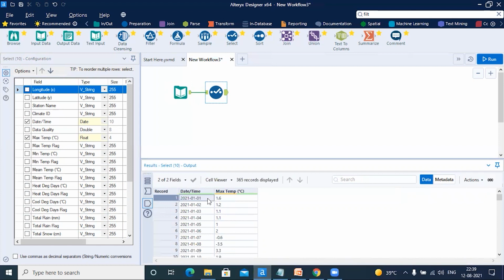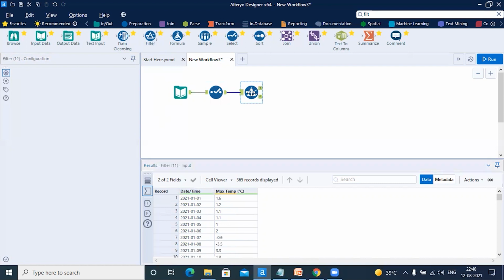So the next step is to filter out the relevant portion of the dates that is being asked in the question. As we have seen, the question is asking us to filter or narrow down the range to April, May and June. So we need to restrict our range to April, May and June, and the filter tool is a perfect tool for that. So let's use the filter tool to restrict the range to April, May and June.